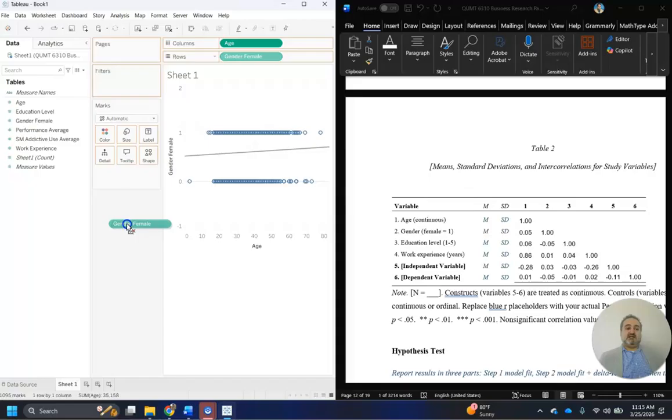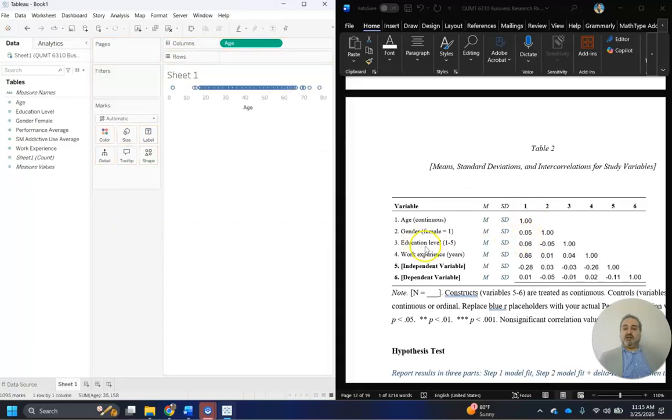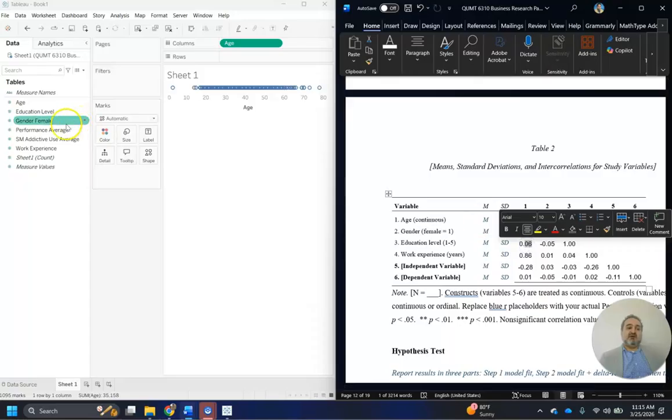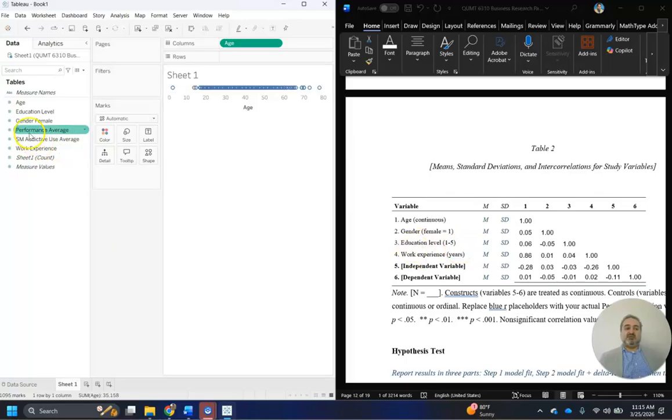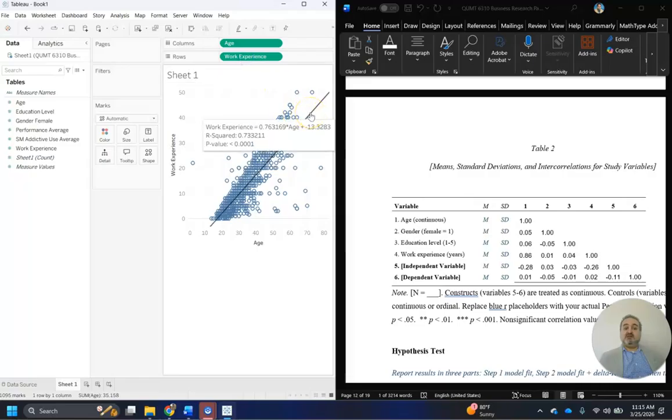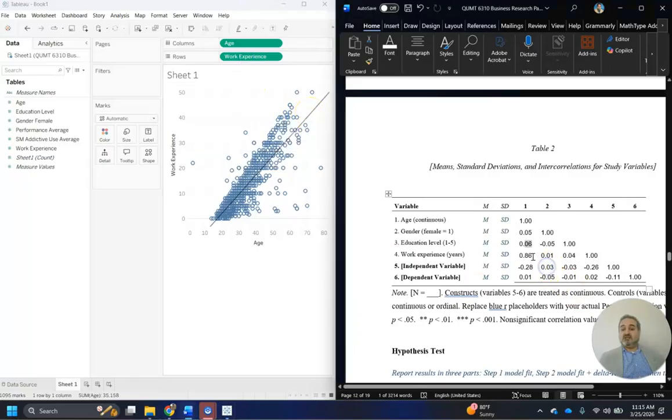So that's done. And now let's look at 1 and education. I'll just put education here, and then look at the p-value here. The p-value is larger than 0.05, so it's not significant. I'll leave it alone. Now I'll go to the next. The next one is work experience. So work experience, I'll just put it here. So I can see the p-value is very low. So for work experience, I can just put 3 asterisks, right? So for here, the independent variable in this case is